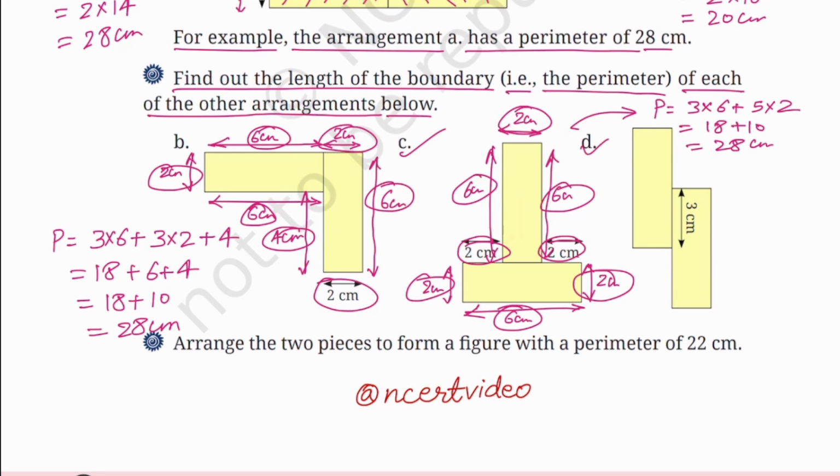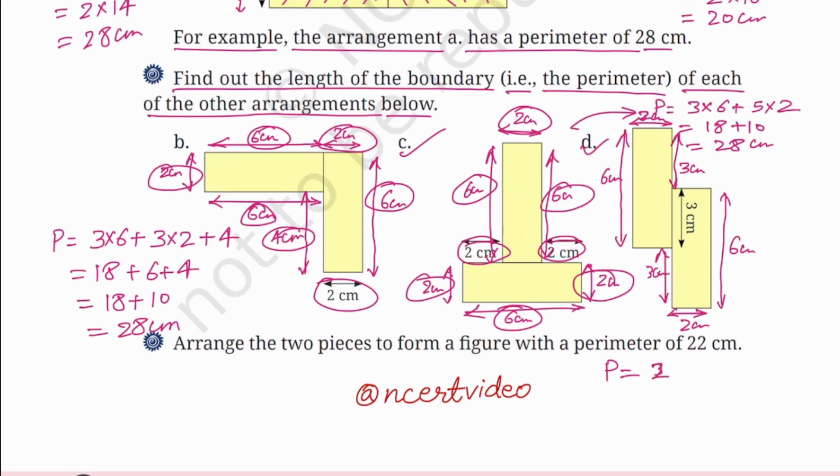For the last figure, you have to write the outer dimensions. Since this is 6 centimeter, this will be 6 minus 3, that is 3 centimeter. This one will be 3 centimeter since this one is 6 centimeter. This one 2 centimeter. So perimeter will be